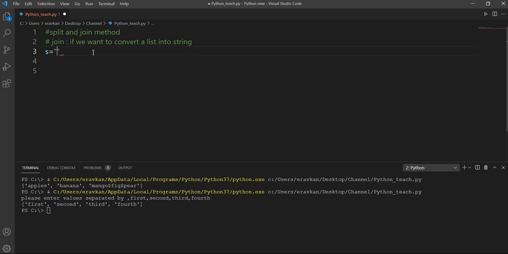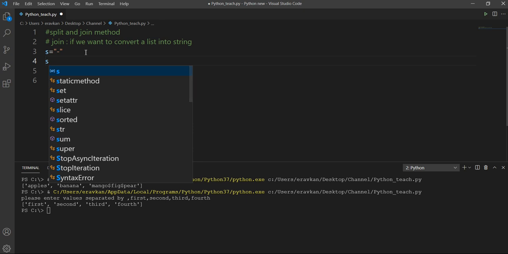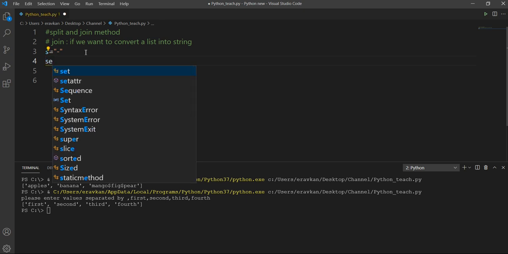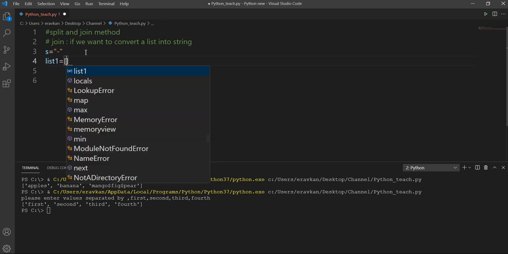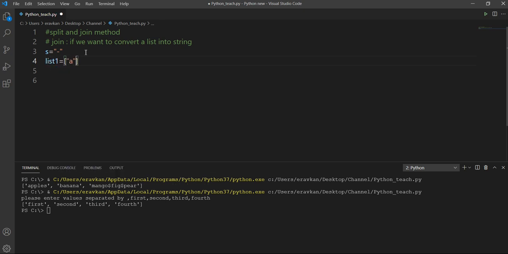Suppose I specify a separator like this, then I have a list, list1, equal to A, then B, then C. Now I want to convert this list into a string by joining.